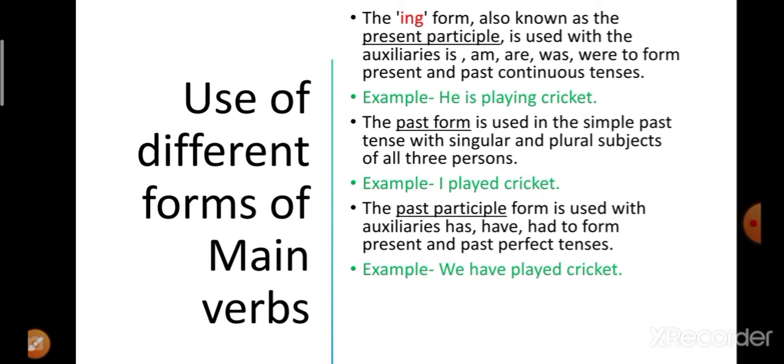Next point says the past participle form is used with auxiliaries has, have, had to form present and past perfect tenses. In order to change the sentence to present and past perfect tense, we have to use the past participle with the auxiliaries has, have and had. For example, we have played cricket. The past participle form was played, and with played we have used the auxiliary have. So this sentence is changed into a perfect tense. We have played cricket. So we have to be careful while using